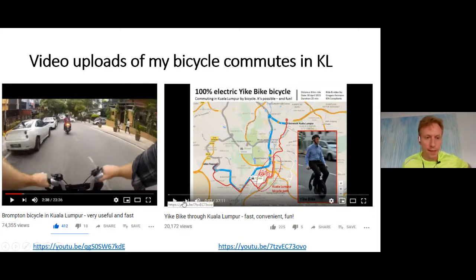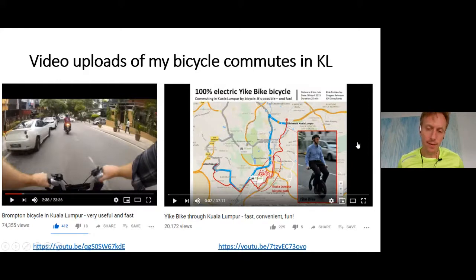But basically, I have this Brompton on the left. So normally the perspective is this chest camera where you can see how I'm steering through the traffic. And on the right, I'm riding this little folding electric bike, which is a lot of fun and also folds very fast, so you can carry it onto the train or the bus. And what I also liked about that bike is that it looks so cool and different.